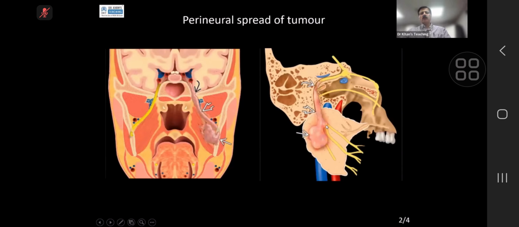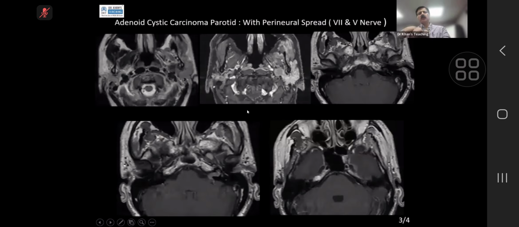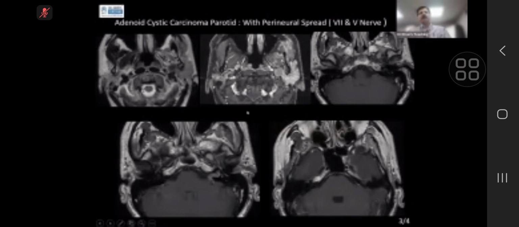When there is a tumor in the parotid gland, there can be perineural spread through the facial nerve, and it can go up and go into the IAM, just like our case. Similarly, in masticator space tumors, it can go up like this into the foramen ovale. So in our case, what has happened is that, please remember,